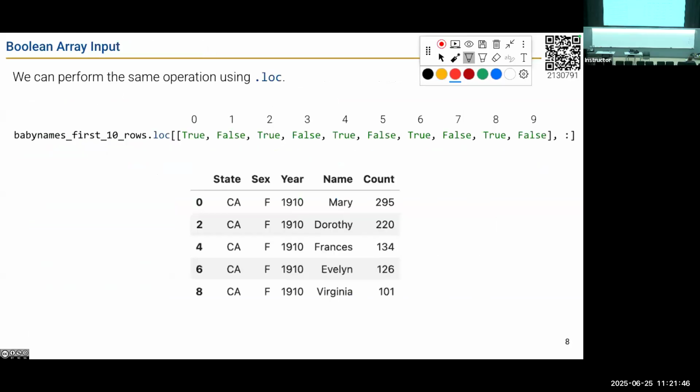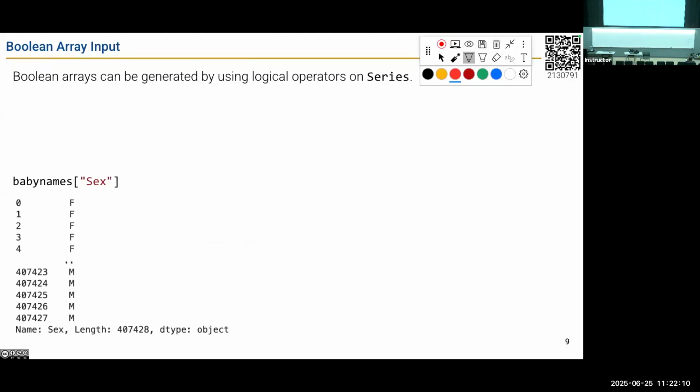Okay? All right, we can also do the same thing with .loc. Notice the code looks very, very similar. You actually, we saw last time, don't even need to necessarily include that colon. .loc will automatically insert that colon. It'll assume the second argument is a colon if it's not provided. But notice this also just works with .loc, and it works in exactly the same way. Okay? So we're going to be working a lot with those Boolean conditions today.